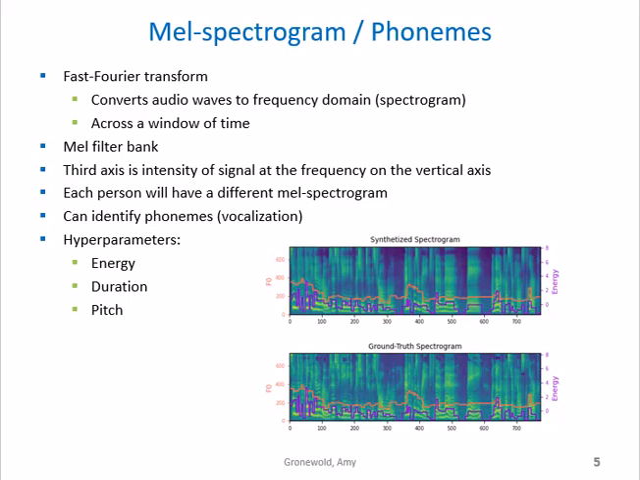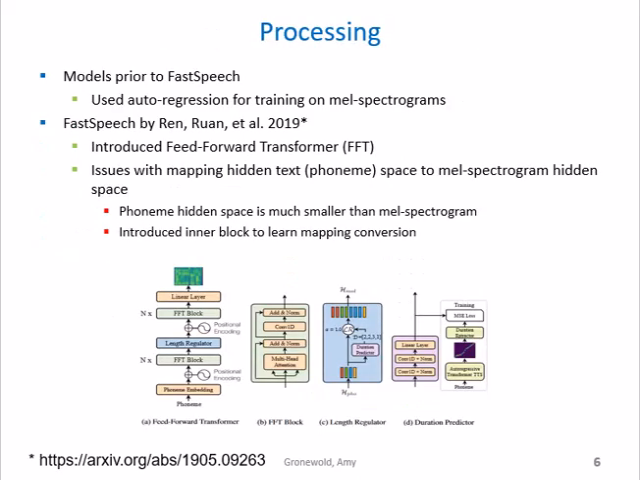There's energy, duration, and pitch. And this will define the characteristics of the audio that you produce. So how fast the person is speaking, how slowly, how much space is in between the words, how high or low is their voice. And so the Fast Speech 2 algorithm is actually a continuation of the Fast Speech algorithm